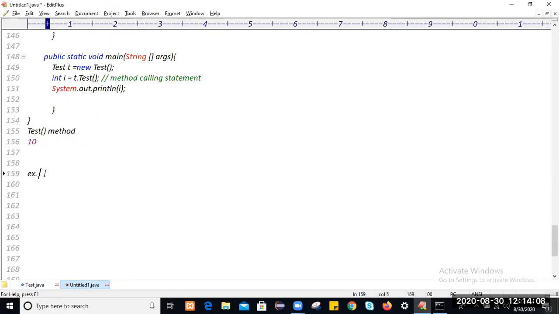So write this example number 7. Constructor execution always depends on corresponding object creation.